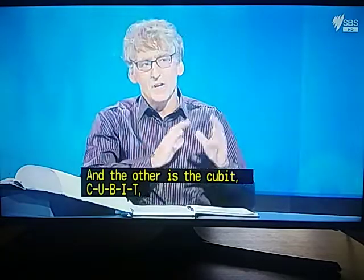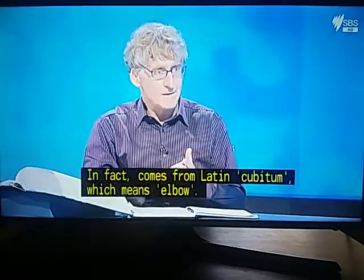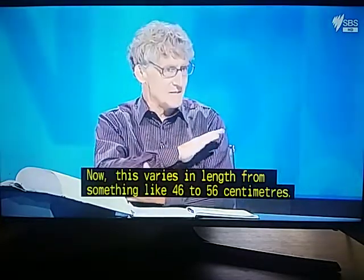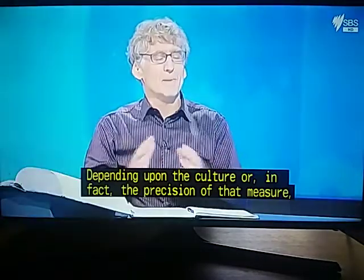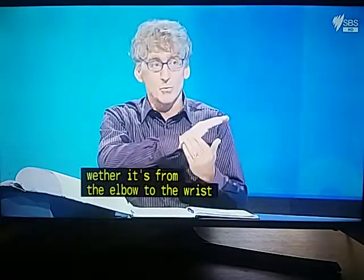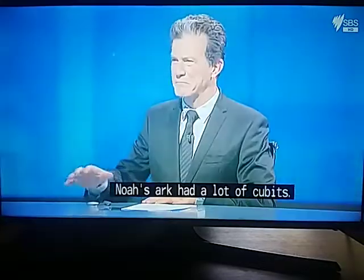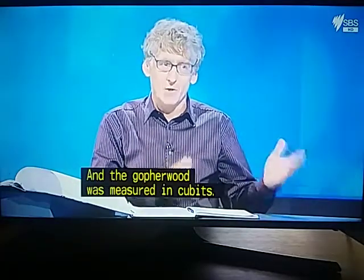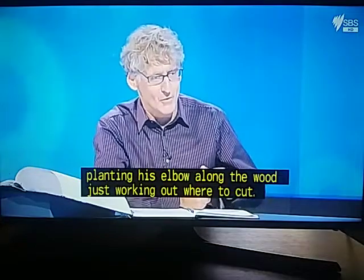arm. And the other is the cubit, C-U-B-I-T, which also relates to the elbow. In fact, it comes from Latin, cubitum, which means elbow. Now, this varies in length from something like 46 to 56 centimetres. So it's a very approximate measurement. It's very approximate, depending upon the culture, or in fact the precision of that measure, whether it's from the elbow to the wrist, or to the finger, or to the tip of the finger. Noah's Ark had a lot of cubits, didn't it? He did, a lot of cubits and a lot of gopher wood, and the gopher wood was measured in cubits. So I can just picture Noah now, you know, planting his elbow along the wood, just working out where to